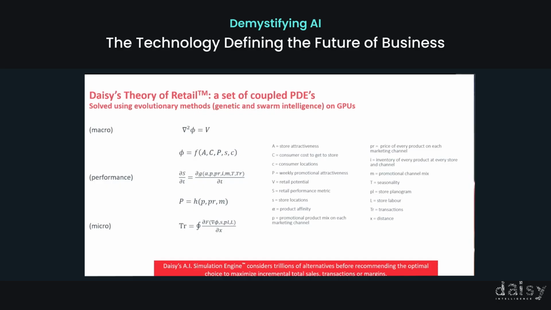Because we can't do a Markov decision process, we've emulated what the physics world does, which is create differential equations like Navier-Stokes, Einstein's theory of relativity, et cetera, that I mentioned before. And we've invented and patented a set of interactive differential equations. These dynamics really govern all of human behavior.